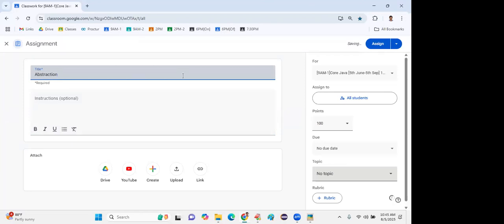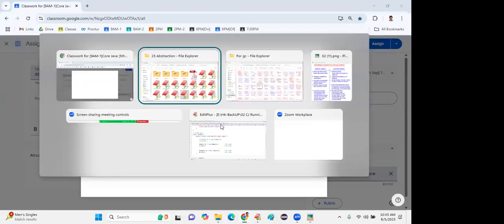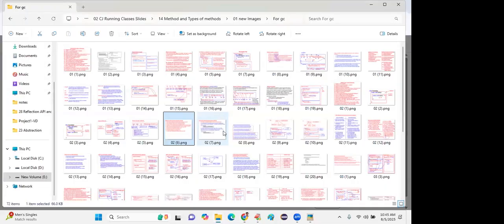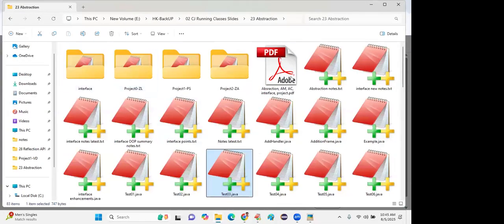Abstraction. Abstract method, abstract class, interface. The first point is abstraction. Abstract method, abstract. This is the complete notes PDF, followed by